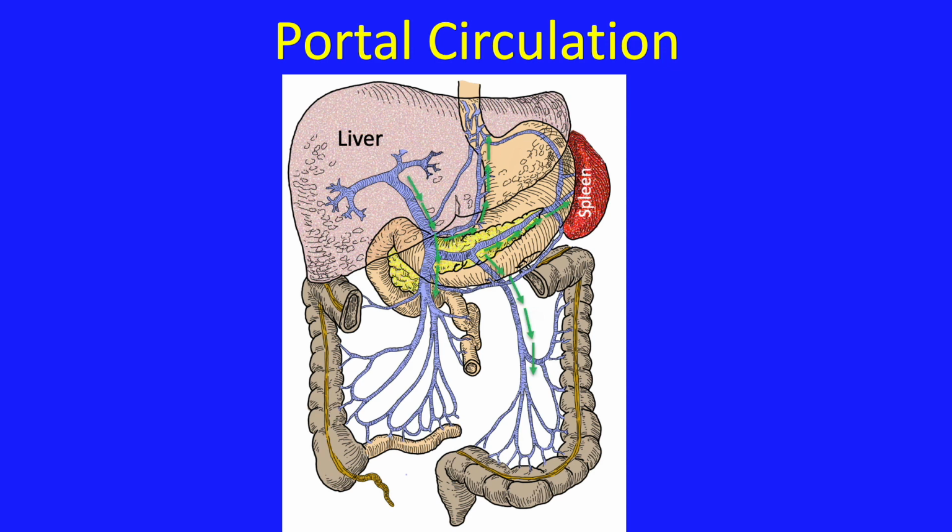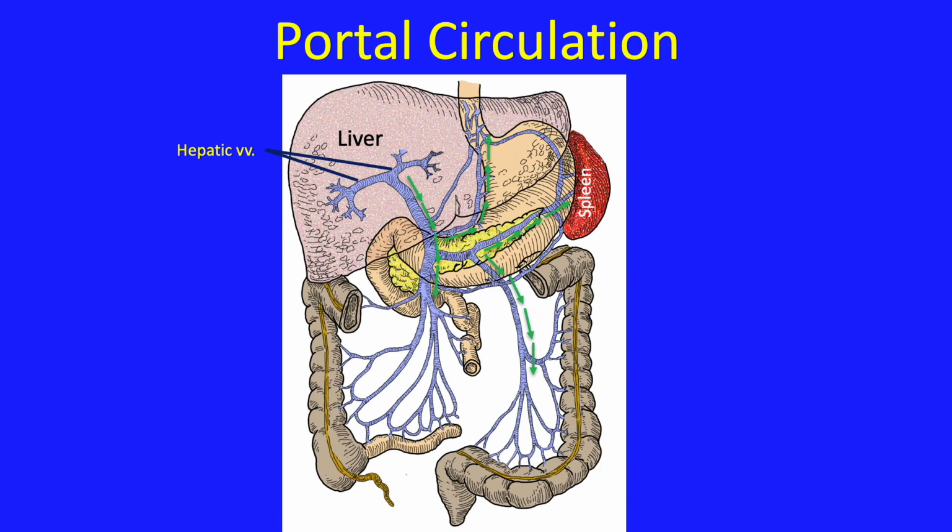However, what is happening here is that the venous return within the portal vein is looking for a path to the systemic circulation via the inferior vena cava,